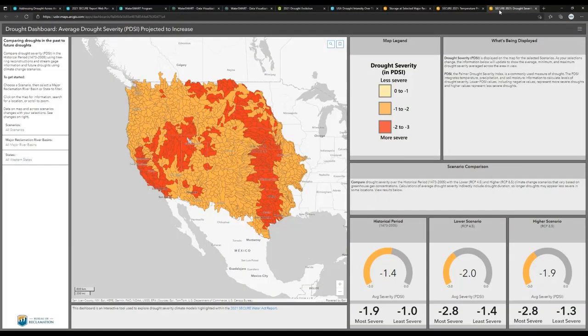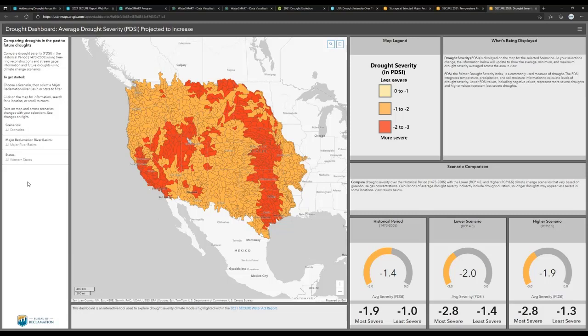This is another dashboard that's made available on the Drought portal. And you can see that this shows our analysis using PDSI, the Palmer Drought Severity Index, which is based on information including soil moisture, temperature, and precipitation. It's a common measure of drought.